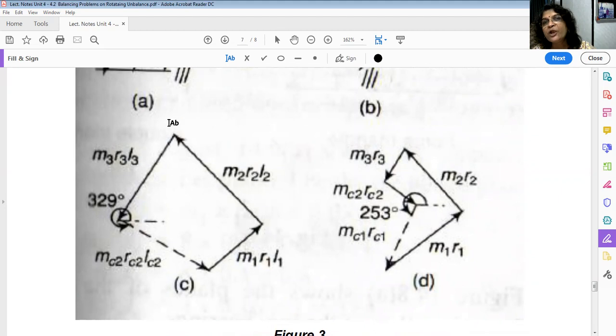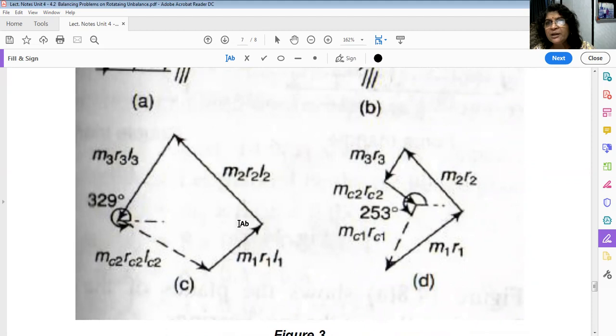Now you are here, point number 3. What do you need to draw the vector? Only magnitude and direction, nothing else. A vector diagram is actually very easy. If you know the direction and magnitude, you can draw the vector. So this is vector O1, then this is 1, 2. Now you are here. Now you have to draw the third vector representing M3, R3, L3. What is this angle? From here it is angle 240.